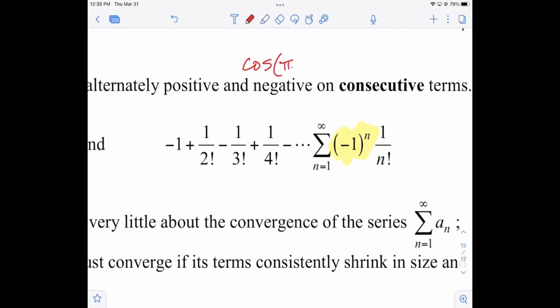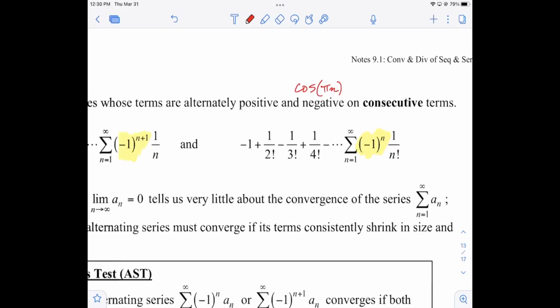Cosine of pi n, multiples of pi. You could also do sine multiples of pi halves, but it's not as convenient because multiples of pi is just 0 plus multiples of pi instead of pi halves plus multiples of pi. So we don't typically use sine, it's ugly. But cosine of pi n